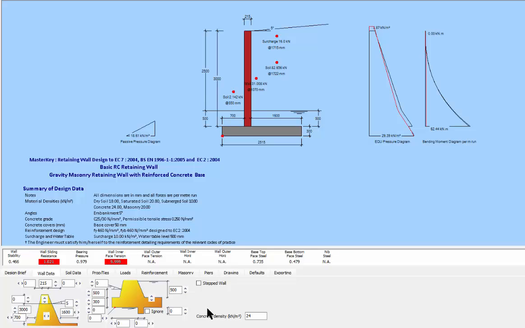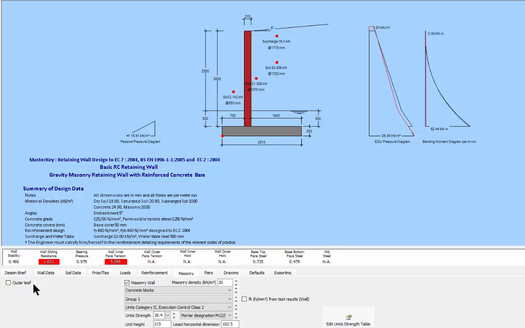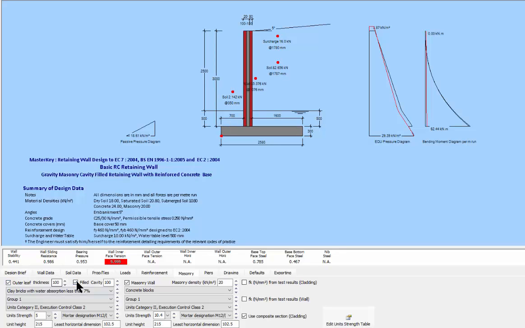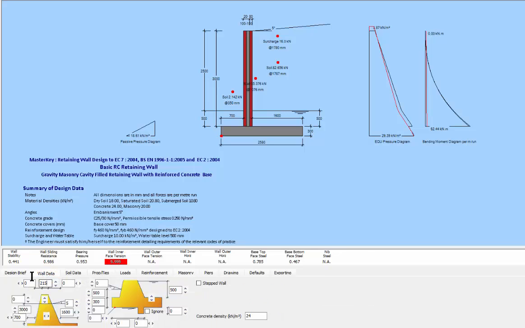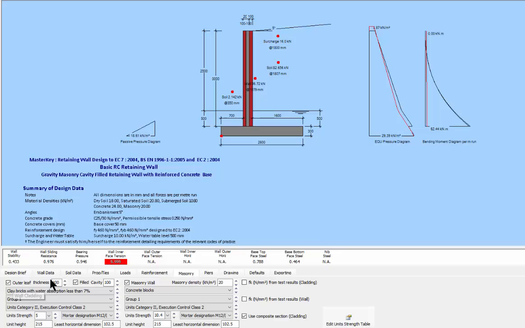We can now go to our third type of wall, and that is the reinforced masonry wall. So what we need to do is go to masonry, ask it to have an outer leaf, and ask it to be a filled cavity. So we just need to look at our dimensions here, and we are going to go for 100, 100 and 100. So the wall is now going to be 300 wide, and then we have 100, 100 and 100. So 300 wall, and if we then go back to the masonry, we have an outer 100